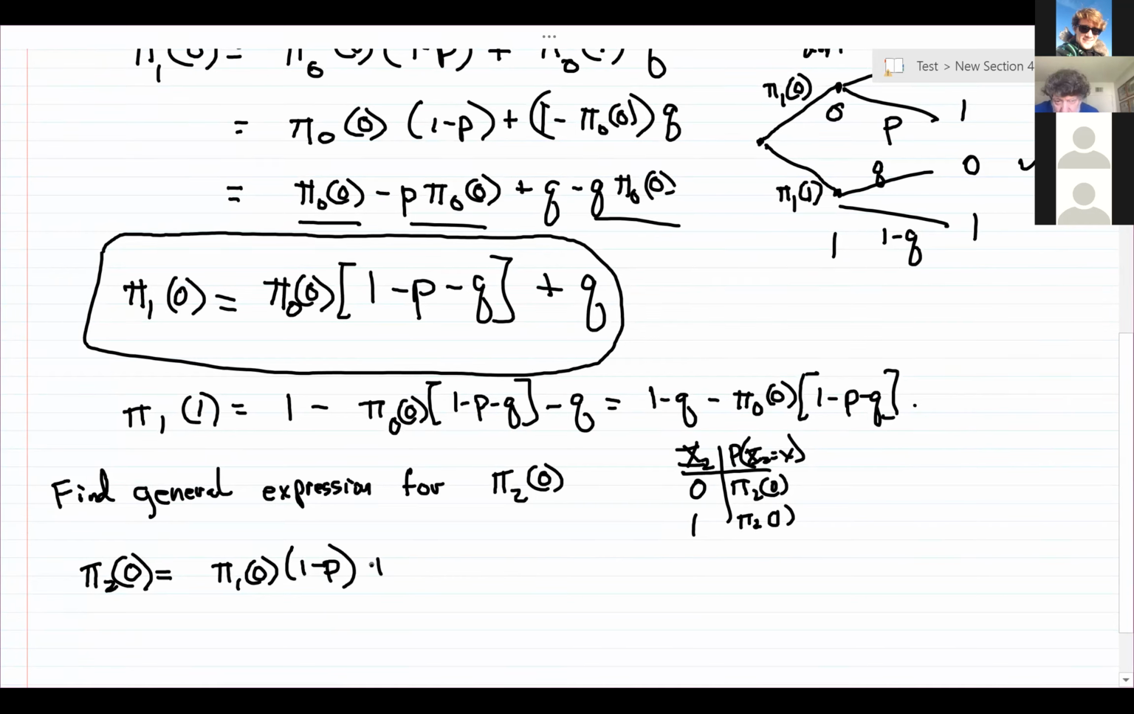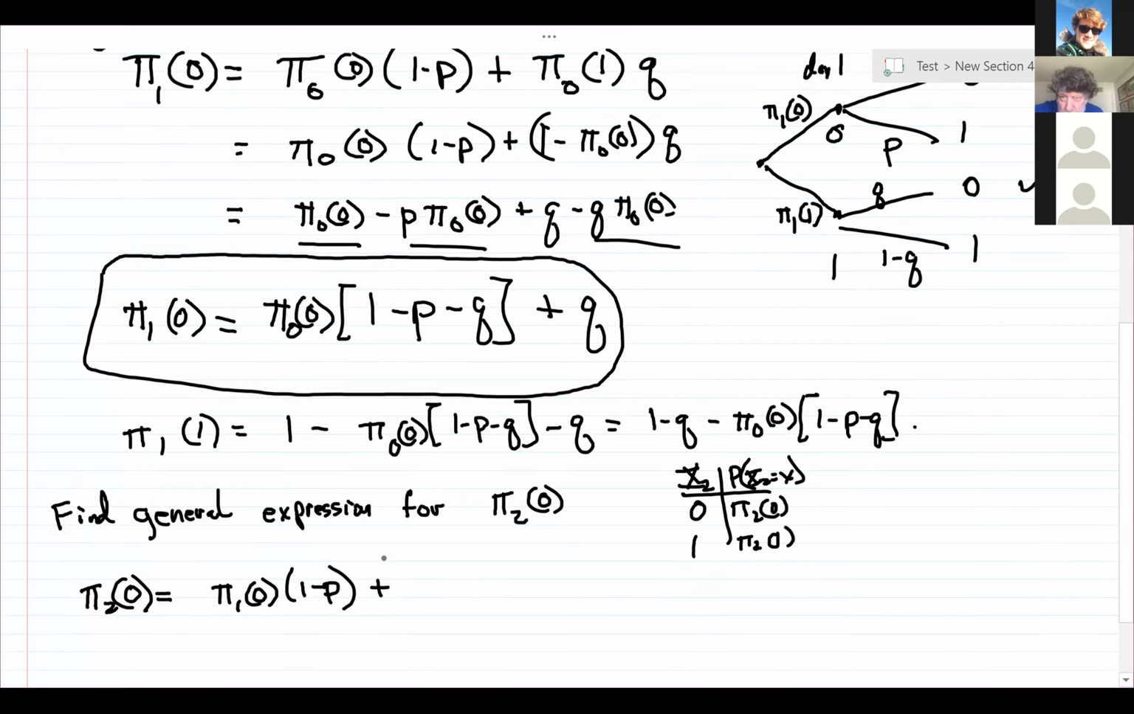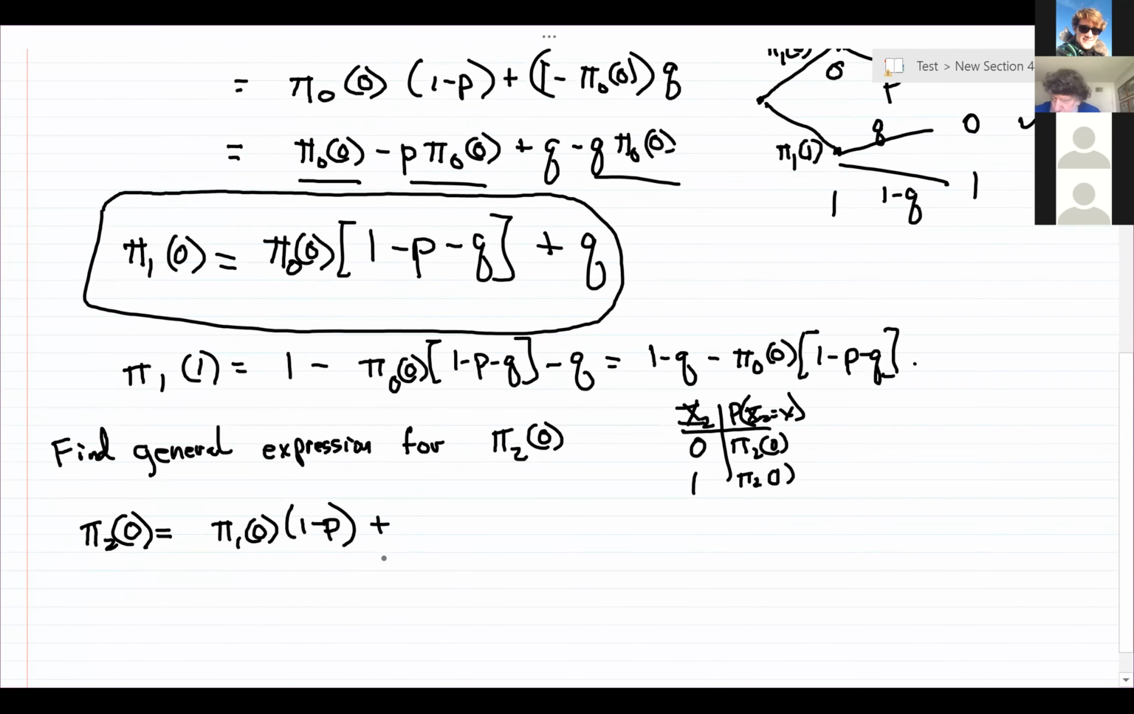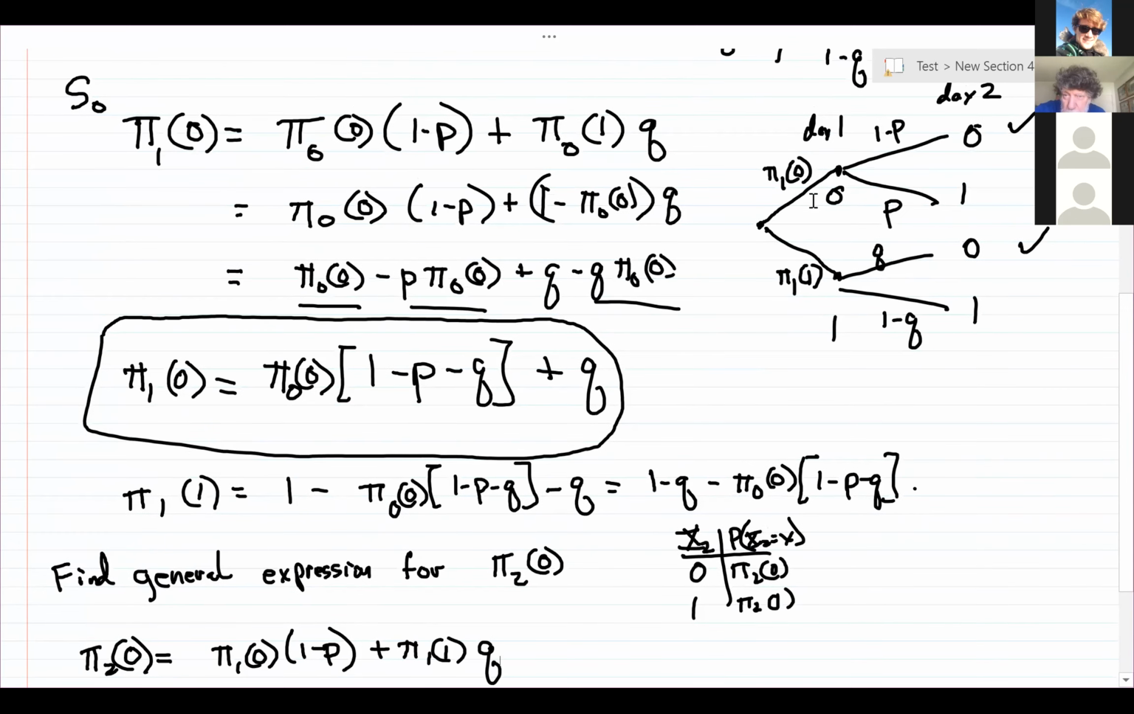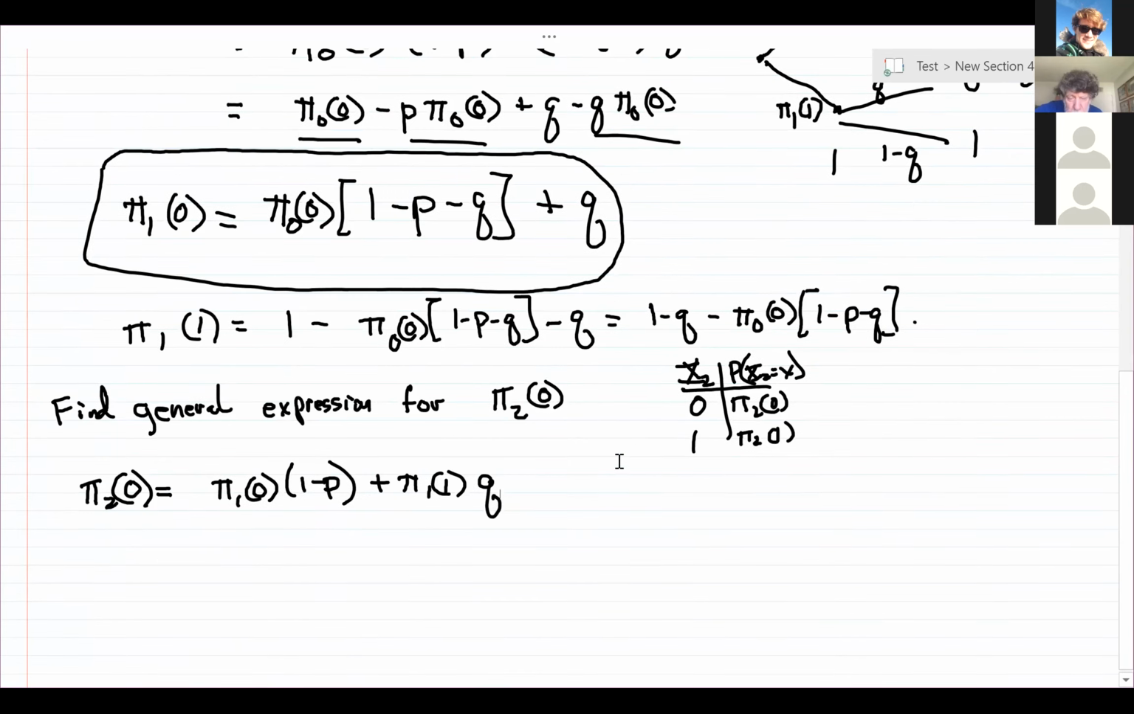Or, which means add, it's a sum rule, pi 1, 1 times q. Everyone see that from this? I'm going down either the top road or this third road, and I multiply along the way and then add the contributions. Okay, so that's that, except